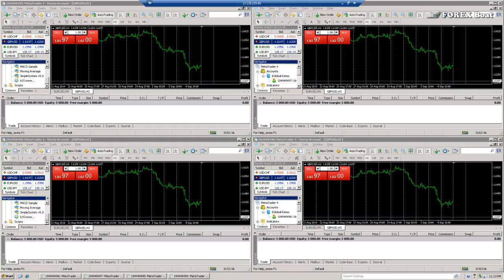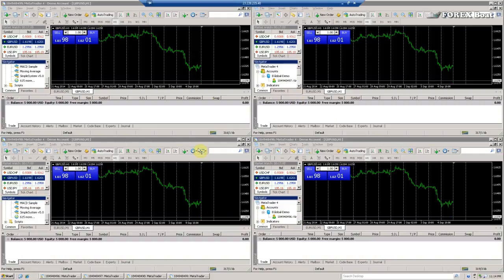As you can see here, I have 4 different MetaTrader 4 terminals open and the markets have just fired up. It's just past midnight according to server time, and we're going to be using these 4 MetaTrader 4 terminals to launch 4 separate tests or sets of parameters for our Expert Advisor Simple System version 5.0. And then we'll be tracking the progress of these separate sets on these 4 different demo accounts over the coming